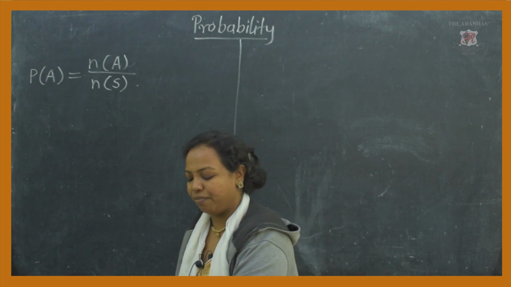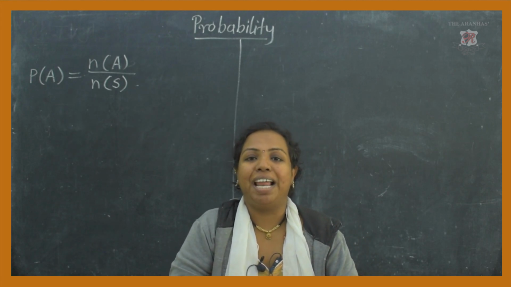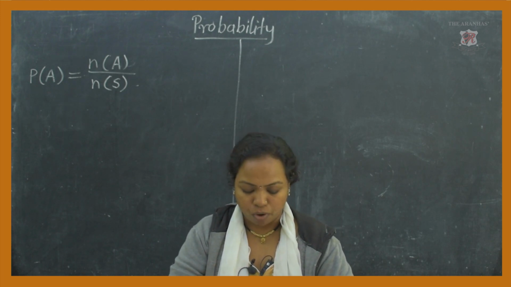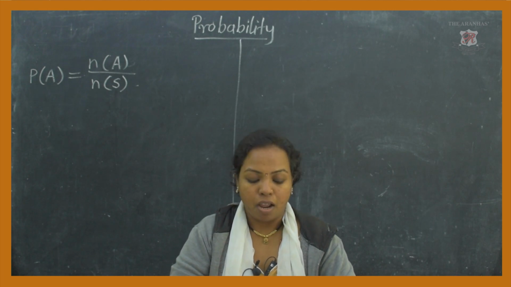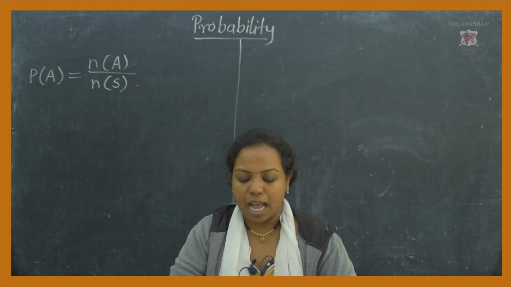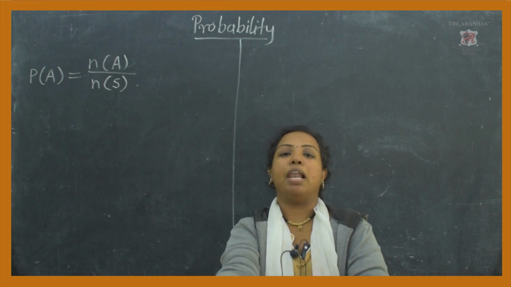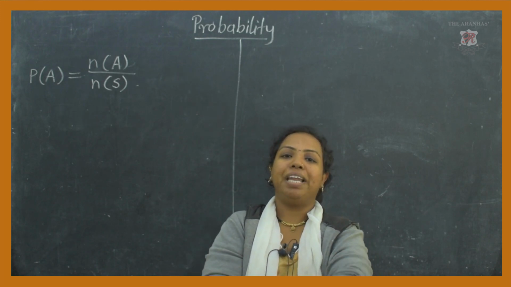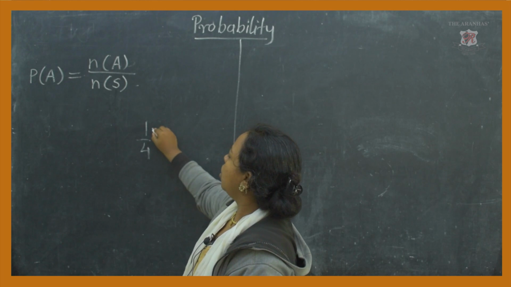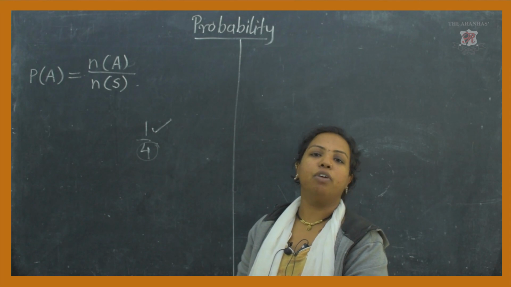Before going to practice set 5.4, there are some ideas I want to explain, so that will help with MCQ questions. One, probability is expressed on page number 125, it is given there. Let us remember, probability is expressed as a fraction or percentage. That means whenever we want to write the value of probability, it will be a fraction. Fraction means a numerator will be there, for example 1 upon 4. Numerator should be there and a denominator will also be there, and the denominator should not be equal to 0.